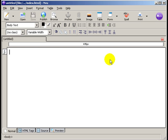Just keep it clean, keep it looking nice, and you'll be good to go. So it really depends on what you want to do. Do you want to have article content? Do you want to have a squeeze page or whatever? For me, I would probably go with a squeeze page, because a squeeze page, if I'm using article marketing and